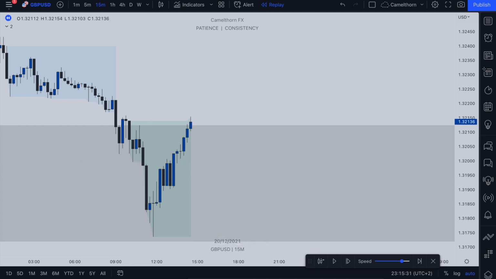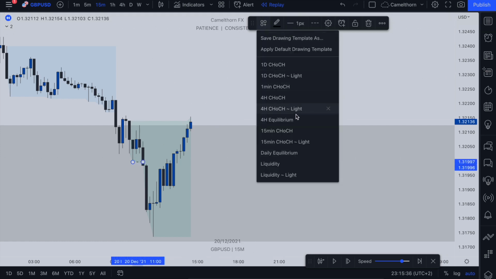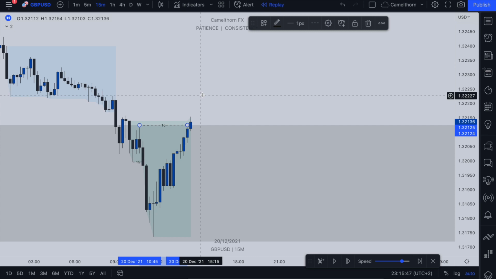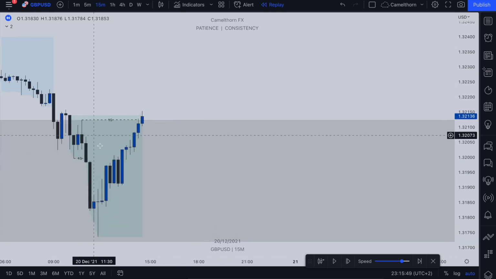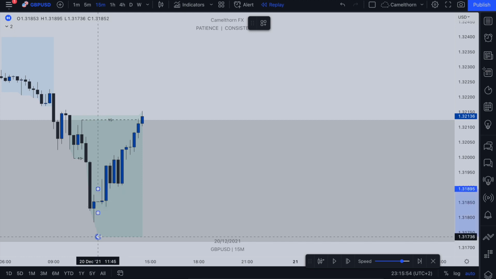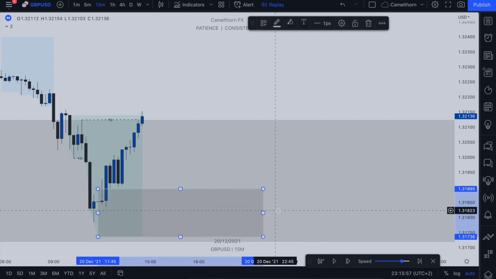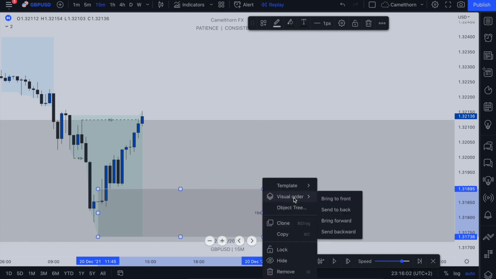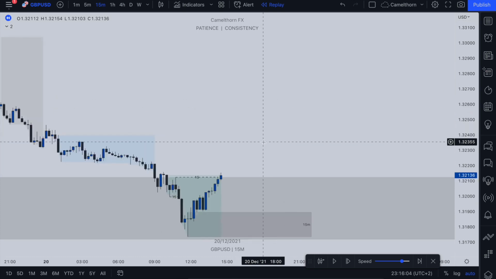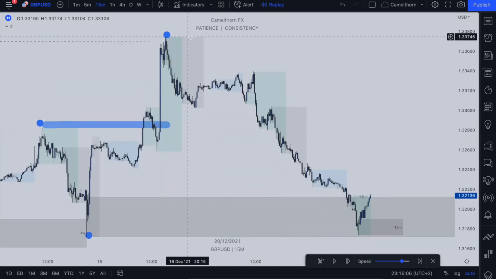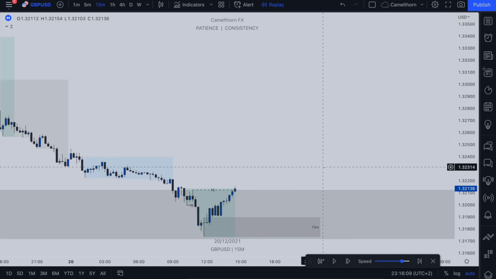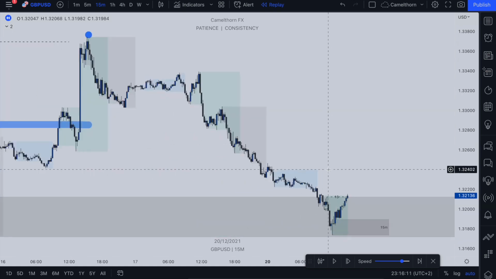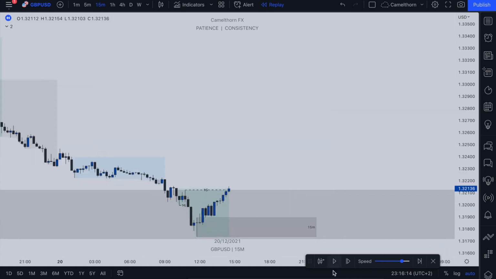So we could mark this out as our 15-minute change of character in here. You've got a 15-minute change of character here, okay? Now, where did that 15-minute change of character originate from? I would say that it came from this particular wick in here. So we mark that out as 15-minute, okay? And then all we want to do is, remember, we're targeting this particular high. So all we want to do now, after this particular 15-minute change of character, is start looking